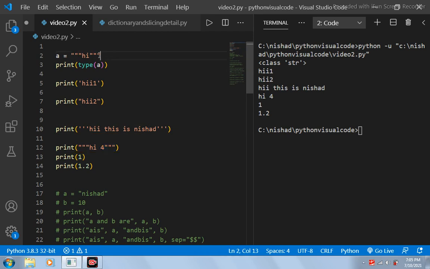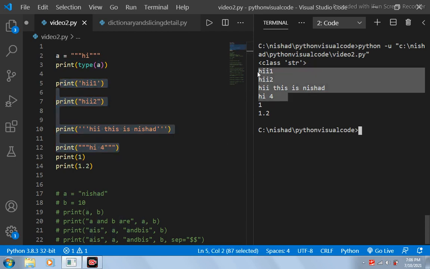Okay, so if you are not sure, you can create a variable and assign a string to it, and while specifying the string you can use this triple double quote. Now you can see that the data type of this variable a is still a string. So these are all strings in Python and they will be printed on the terminal using this print function. Similarly, if you want to print an integer, you can directly specify an integer over here. If you want to print a float, you can directly specify a float over here. So this is the first and very easy way to print in Python.